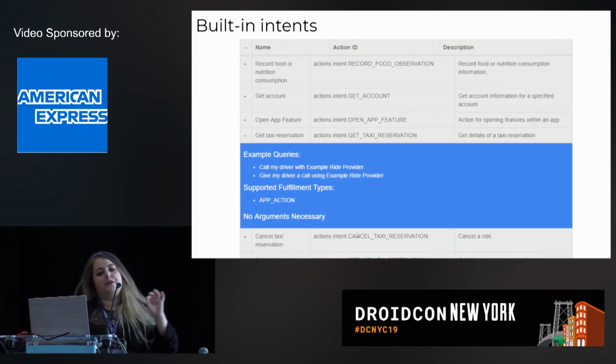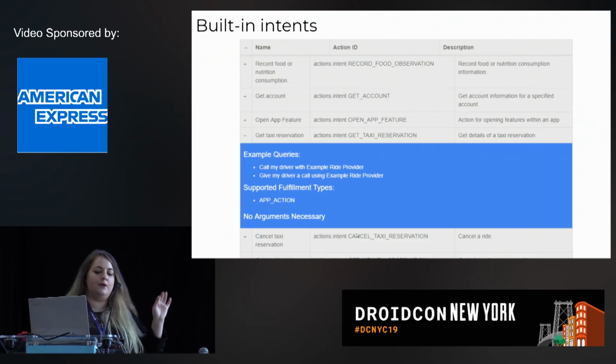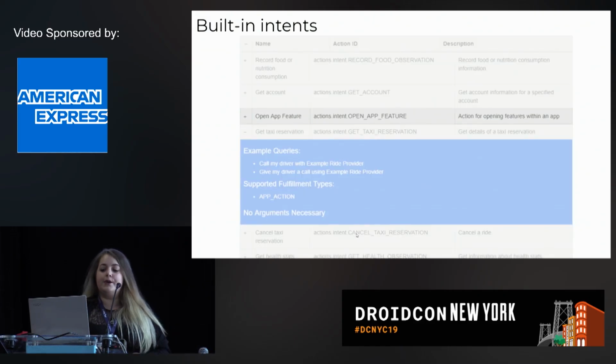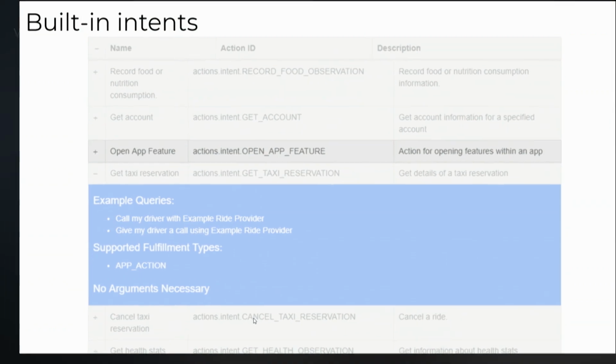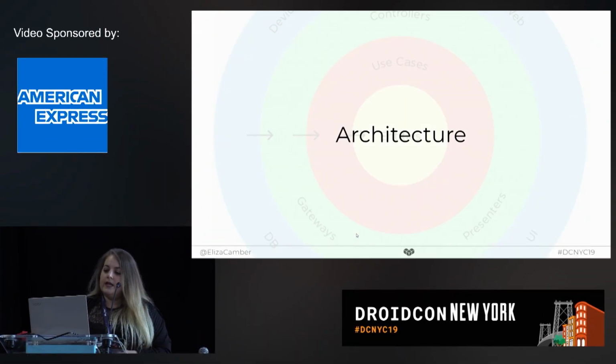But if you look closely through all of the ordering food and ordering cabs intents, you will see that there is an open app feature intent. With that intent, you can open basically whatever screen you want in your application. So you can just have an action for any of the deep links in your application. One of the biggest problems that will come with that is that you need